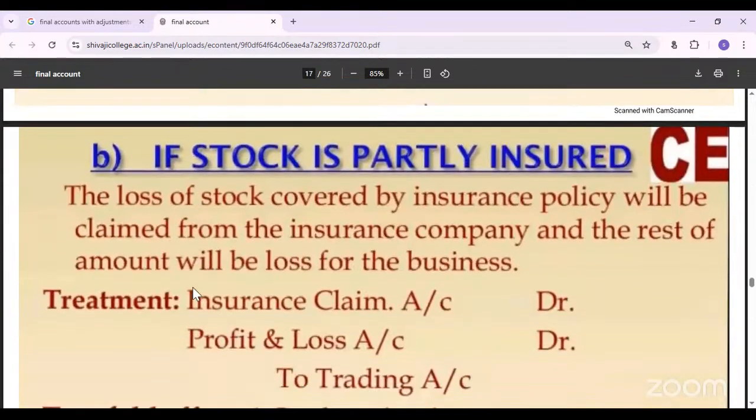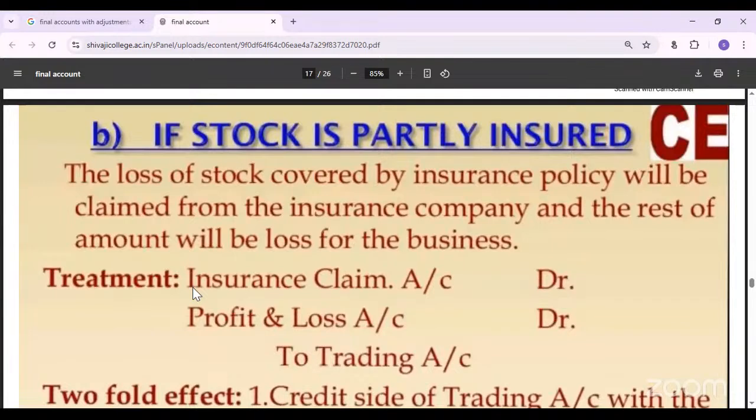ఇఫ్ స్టాక్ ఈస్ పార్ట్లీ ఇన్సూర్డ్, అంటే హాఫ్ ఆఫ్ ది స్టాక్ ఈస్ ఇన్సూర్డ్, హాఫ్ ఈస్ నాట్ ఇన్సూర్డ్, అప్పుడు ఏం చేస్తాము, ఇన్సూరెన్స్ క్లెయిమ్ అంటే మన కంపెనీ ఎంత ఇస్తుందో ఆ ఇన్సూరెన్స్ అమౌంట్ అకౌంట్ డేటా, మనము హాఫ్ ఇన్సూరెన్స్ ఇయ్యదు కదా, హాఫ్ మనమే బేర్ చేయాలి కాబట్టి ప్రాఫిట్ అండ్ లాస్ అకౌంట్ డేటా టు ట్రేడింగ్ అకౌంట్. అంటే మనకు ప్రాఫిట్ వచ్చిందా లాస్ వచ్చిందా, యూజువల్లీ ఇట్ విల్ బి లాస్ ఓన్లీ, సో లాస్ ని మనం పిఎన్ఎల్ అకౌంట్ డేటా టు